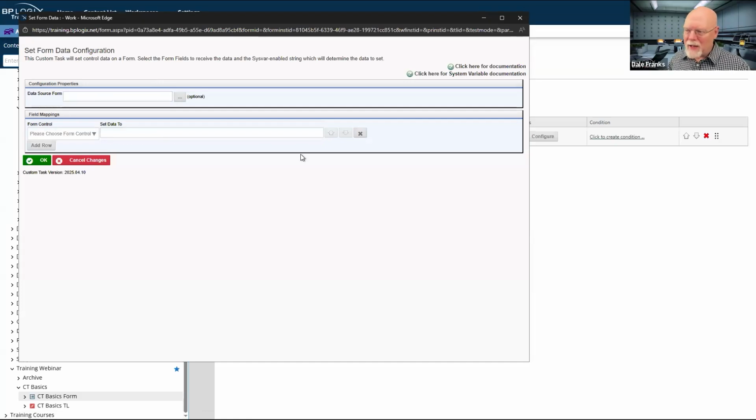And I'll go into my custom task, which is really easy to set up. I don't even need to set the data source form because I'm running it in the form, which we'll talk about in a minute. And well, I don't have a form control, but let's say that it was request number, and I just wanted to set it to some sort of sequence number. Okay, great. So I don't think I have a number called sequence number in the category my sequence. So the first time I ran this and the first time the form opened, then this sequence number would be 1. Great, good enough so far.